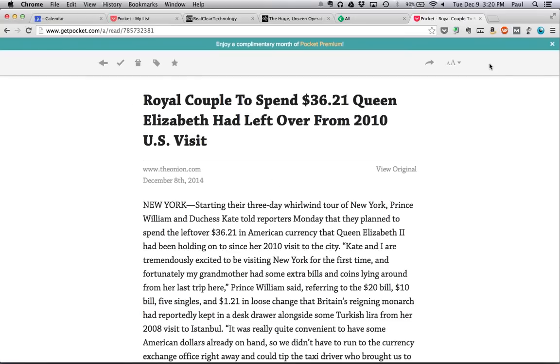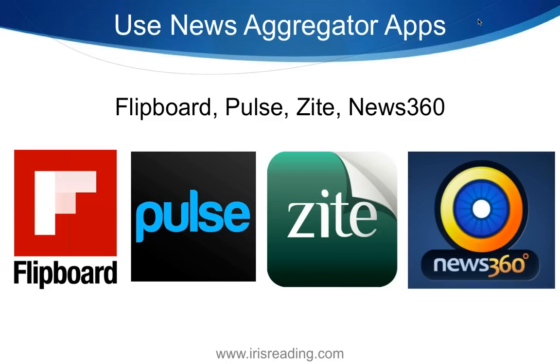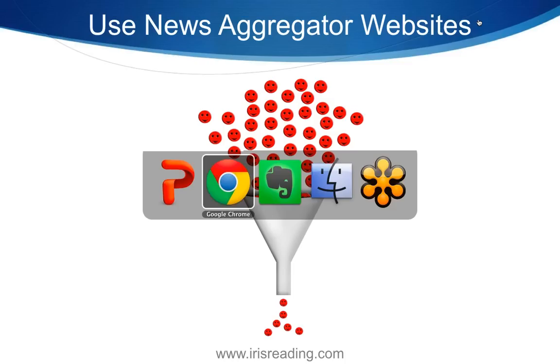We had a question about whether or not I'm having issues saving using Pocket. Now, again, we're talking about news aggregator apps. These are mobile apps, for iPad, iPhone, and Android devices, and these are some very popular ones. They also work very similarly to Feedly, where you can save different types of content and have it delivered to you in an aggregator type fashion.